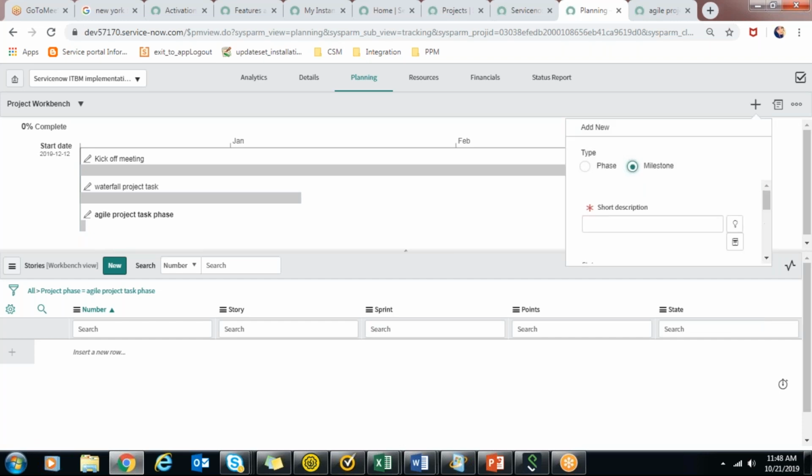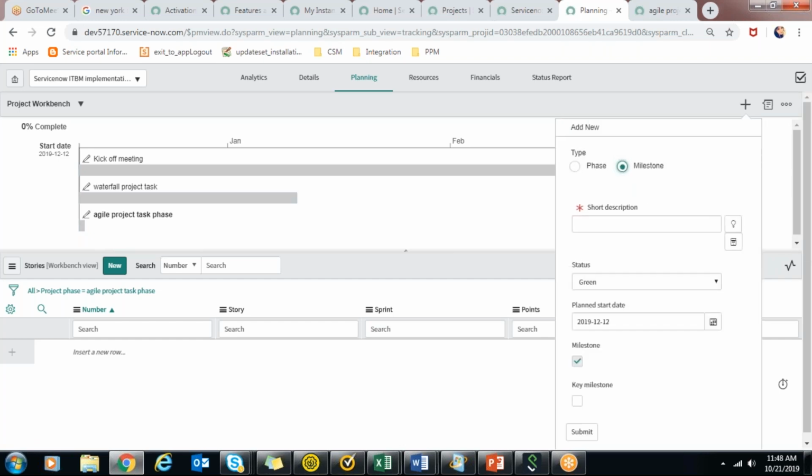milestone is like a project task whose duration is 0. It's not like a task where something is being worked on. It's like reaching that milestone. Suppose UAT start or UAT finish or migration to test. All these are milestones that project managers define in a project, so that during meetings and when they are showing the progress, they can say that we have reached these four milestones, or we have reached these two key milestones,